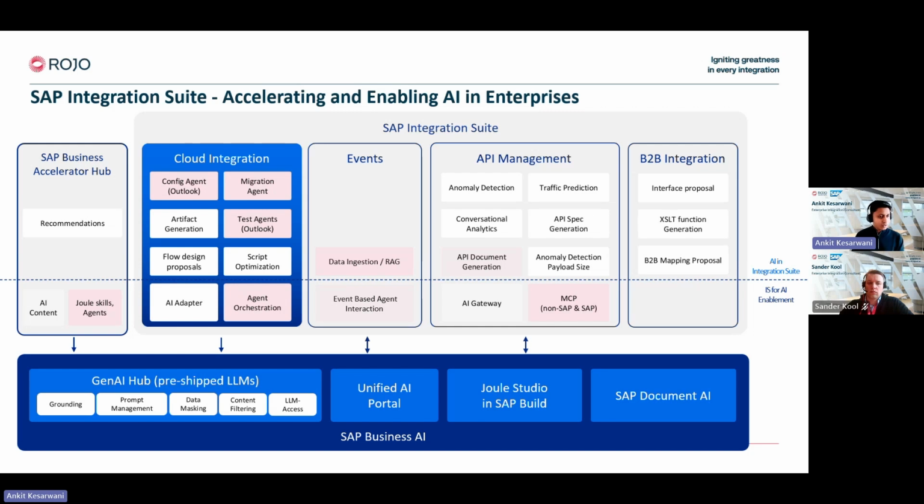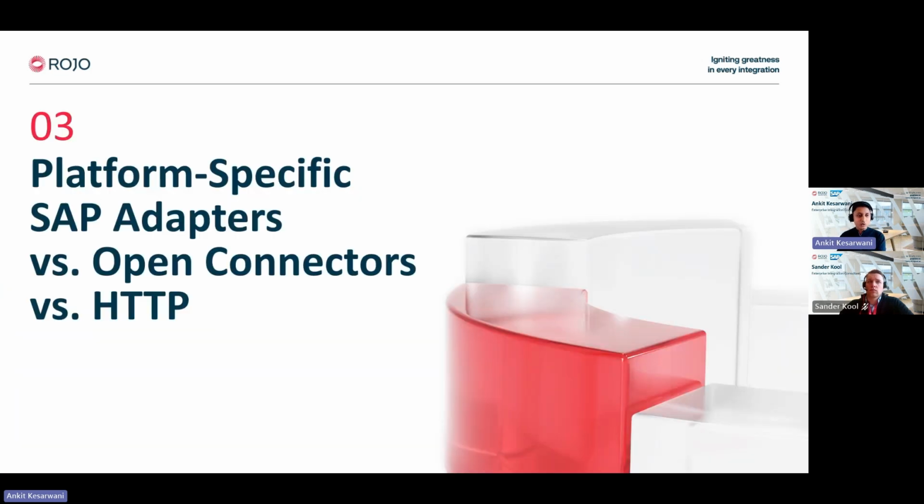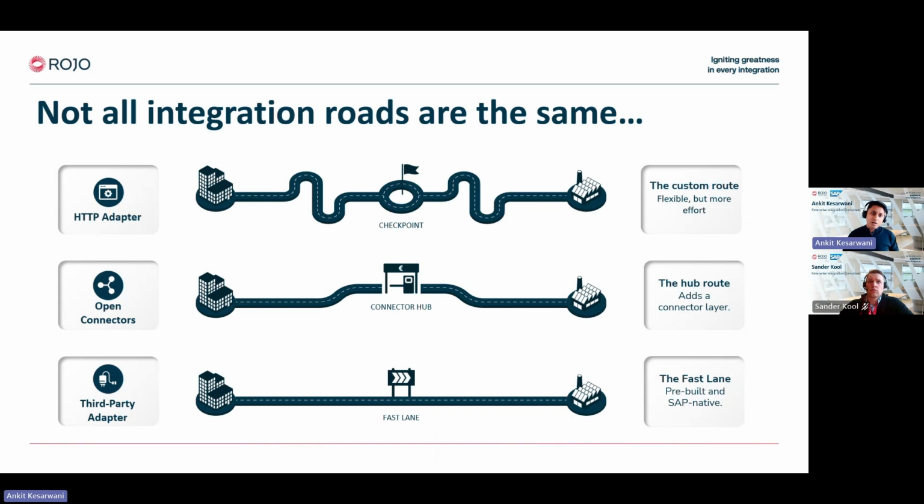What are the pros and cons of each, and why should we choose standard application adapters, and what are the benefits of it. I think the best way of doing it would be by taking an analogy of traveling from one neighborhood to another neighborhood, which I really like for explaining these options. So if we have to travel from one neighborhood to another, or from one village to another within a city,